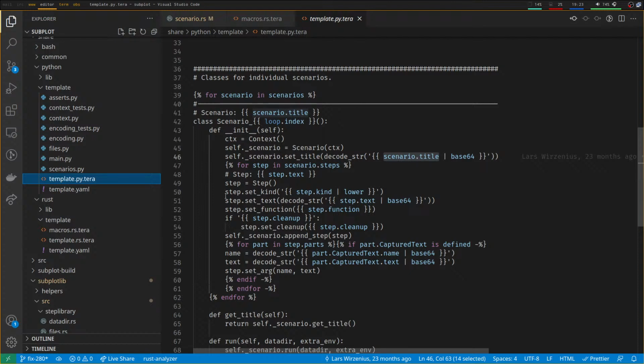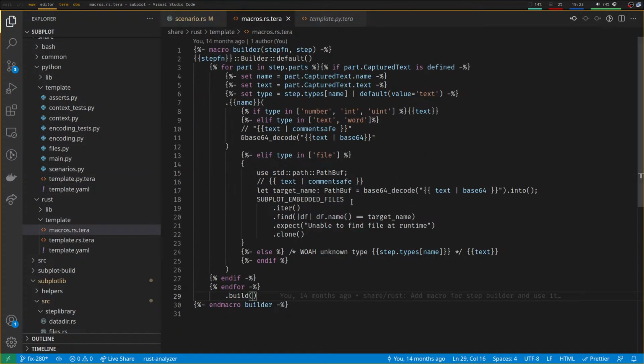We create a step. We set its kind. We set its text. And then we set the arguments. Aha! So we have step.kind, which will be a basic string. We have step.text, which will be a basic string. And we want to put that into our output. So let's do a really, really dodgy thing of just going, it's that and then that. And that one is going to be,